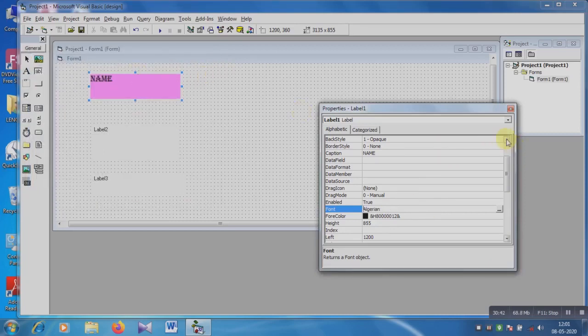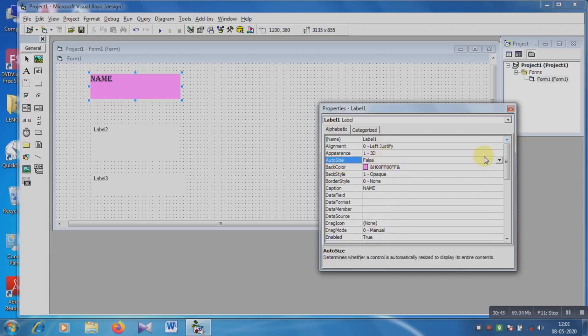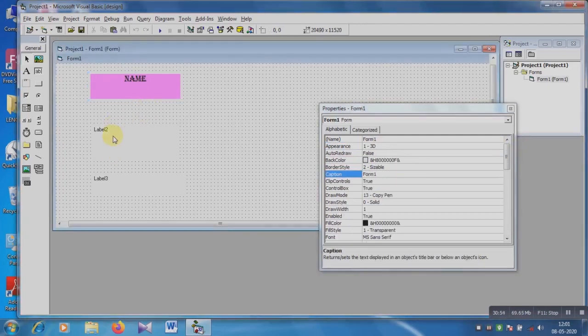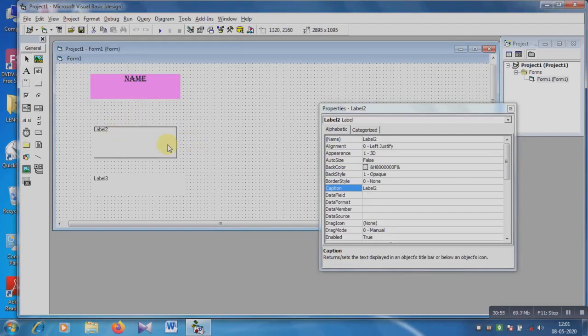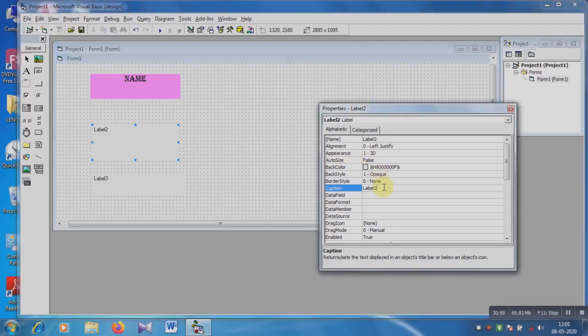Okay, font, and then alignment option, I am choosing the center. Then Label2 for address, I click here and see, this is the Label2 property, caption Address.